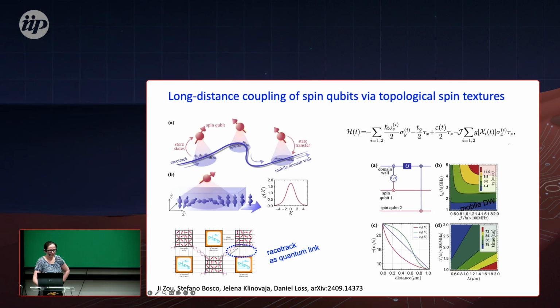So when you have this racetrack with domain walls, we can have spin qubits, and this spin qubit is coupled to our domain wall. So you couple the spin qubit to the domain wall, and you can move it when you couple to the next qubit. And this is effectively the way you can transmit interaction. So you can use these magnons or magnetic degrees of freedom, because for spin qubits there's also a problem of how to couple them, right?